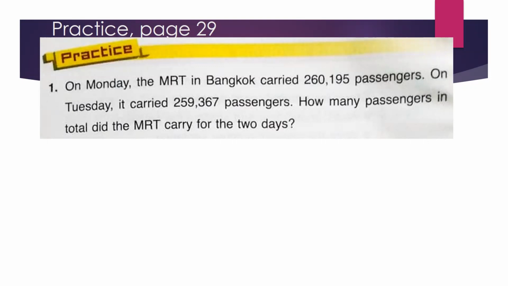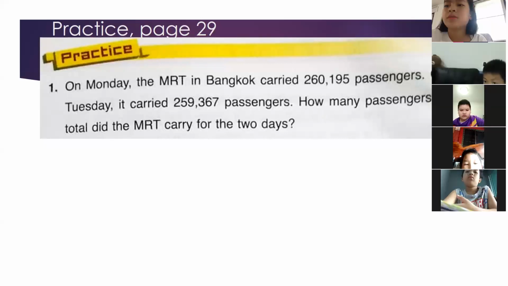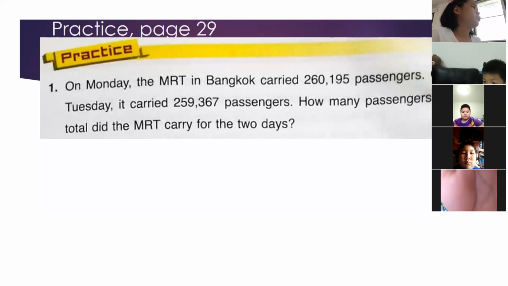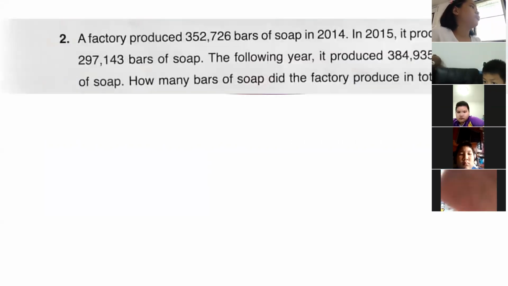Okay, so first is read and understand the word problem. That's the first step, right? Second is analyze the problem. And then the third, you have to decide what operation to use. So what operation should we use? Anyone can answer. Is it addition? Plus, or addition? Very good, students. Okay. Since this is plus, then our number sentence should be,